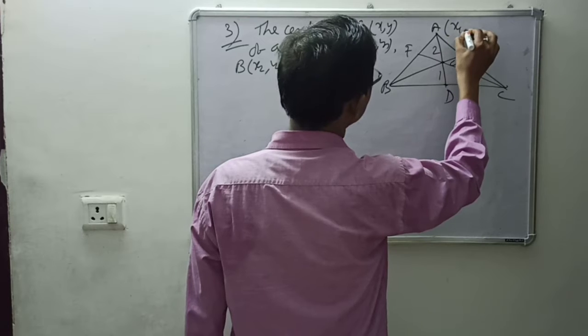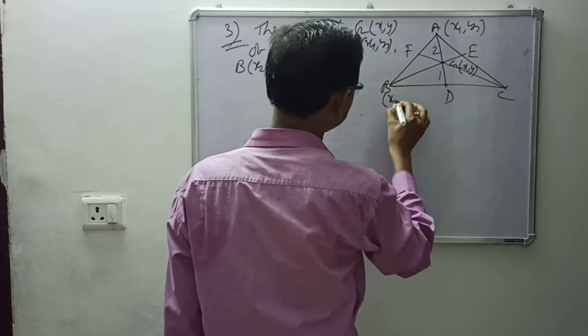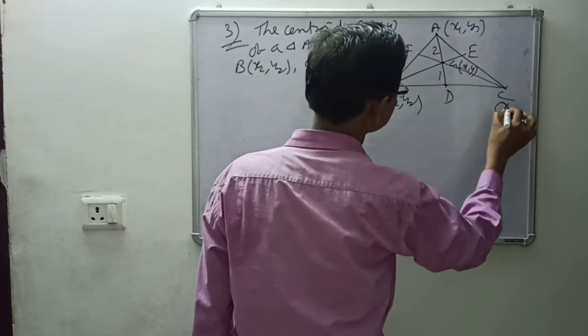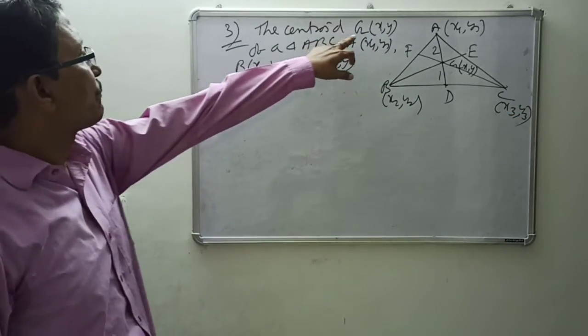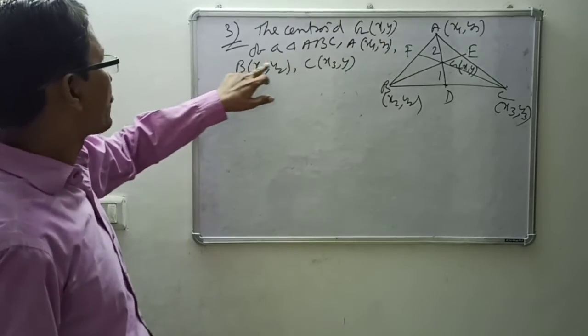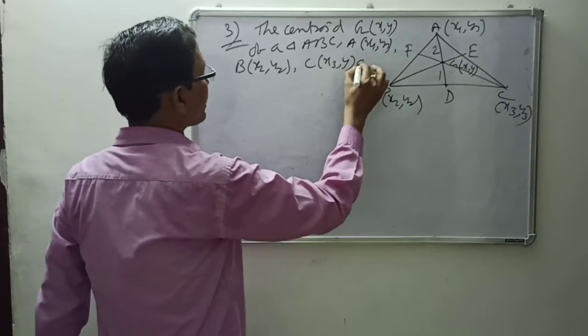So its coordinates are given. So centroid G(x, y) of a triangle is given by